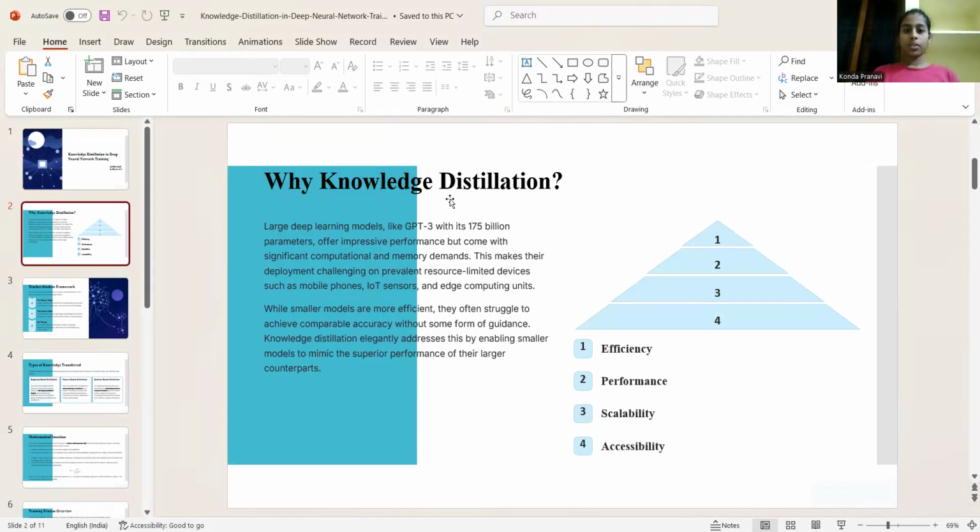Why knowledge distillation? Large deep learning models like GPT-3, with its 175 billion parameters, offer impressive performance but come with significant computational and memory demands. This makes their deployment challenging on prevalent resource-limited devices such as mobile phones, IoT sensors, and edge computing units. While smaller models are more efficient, they often struggle to achieve comparable accuracy without some form of